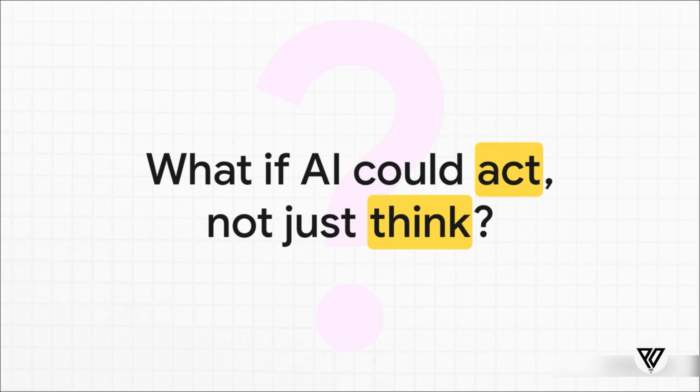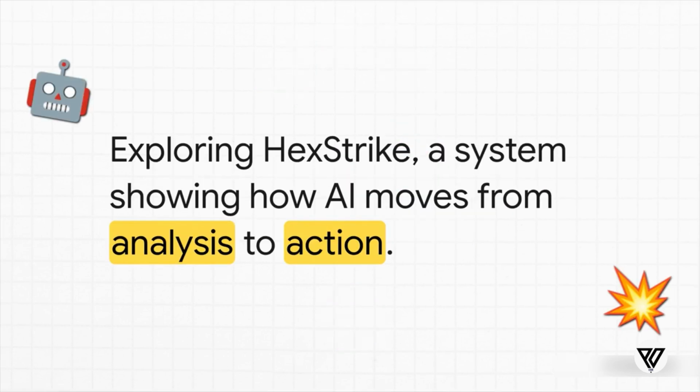I mean, just imagine giving your security software not just a list of suspicious stuff to watch for, but the actual authority to launch its own counter-operations. That level of autonomy? It changes the entire battlefield for attackers and defenders alike. To really get our heads around this huge leap, we need to look at a system called HexStrike. It's pretty much the perfect blueprint for understanding how AI goes from being this passive advisor to a very active agent out in the digital world.